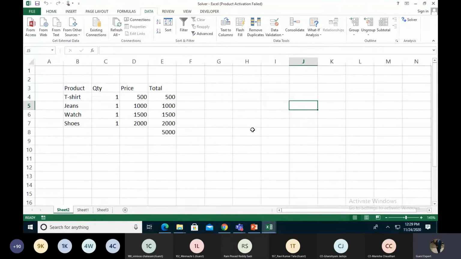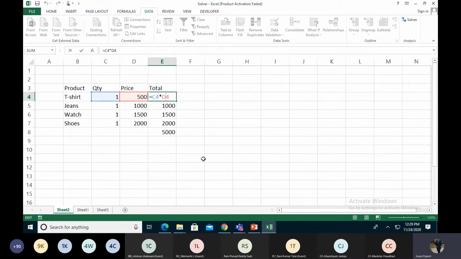In one organization there are multiple products like t-shirt, jeans, watch, and shoes, and the quantity is one, and their prices I have mentioned over here, and we just make the total quantity and total. Okay, so that is a basic practical. We have to see how the solver is useful for us. Their total is going to be 5,000.